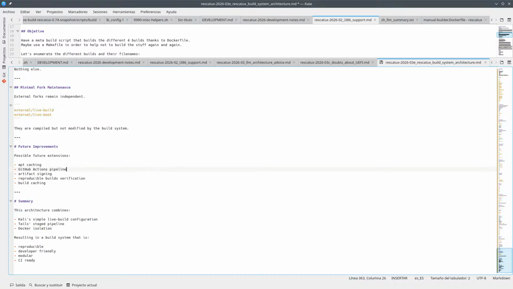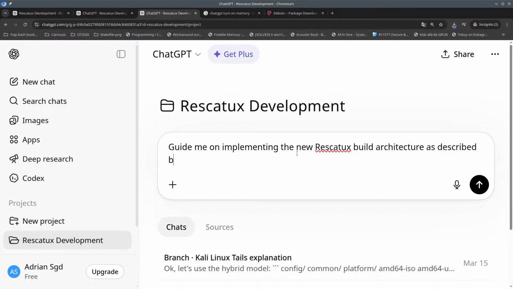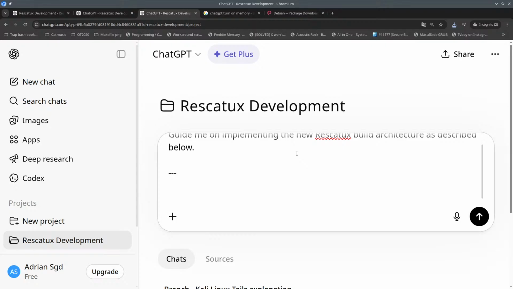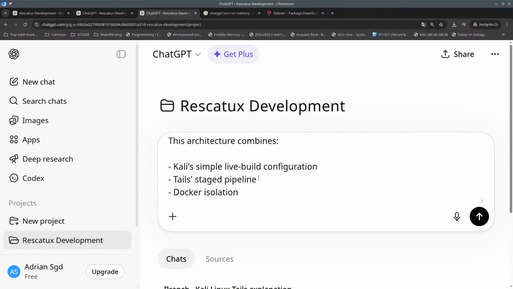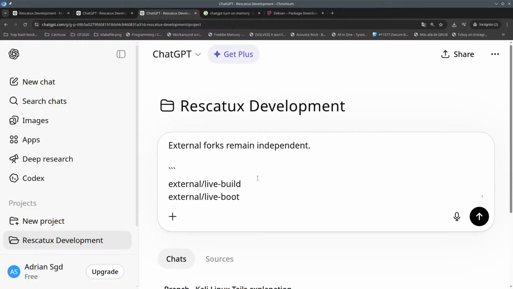And now we want to, so, get me on implementing the new Rescatux build architecture as described below. So now I can copy and paste the markdown file, okay? And maybe the summary, future improvements,